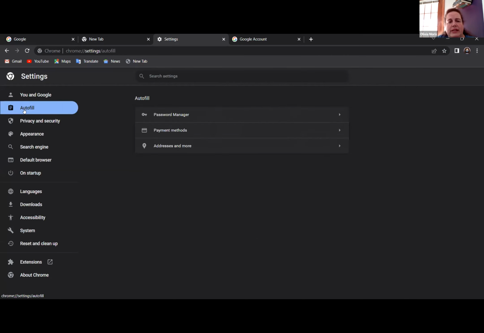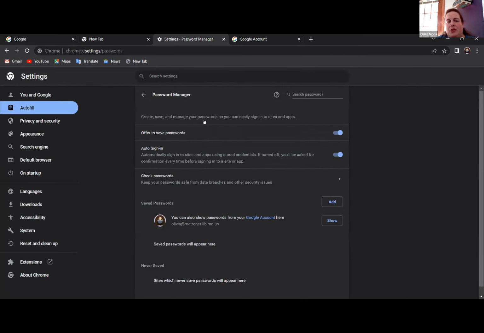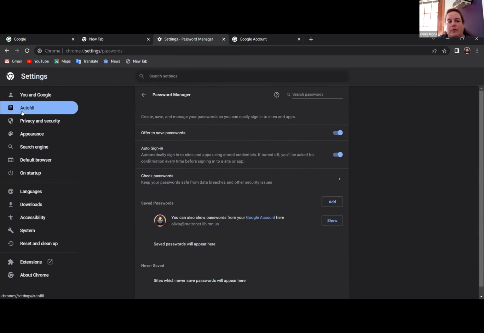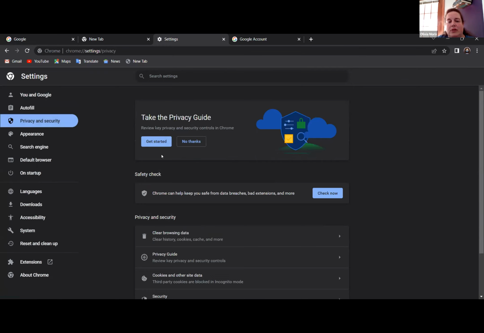Your autofill settings, here is your password manager. That is another way to check that on here that I showed you from the other one, privacy and security. So through here, you can clear your history, your cookies, anything like that that needs to be cleared out. You can also, I believe this is where you would